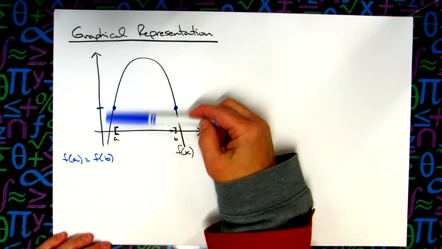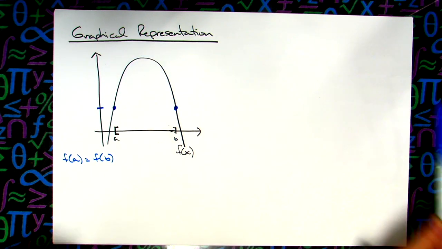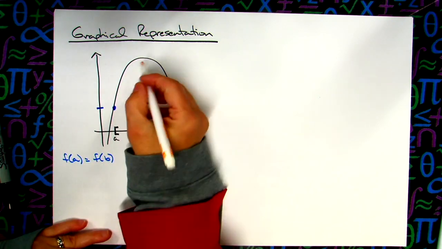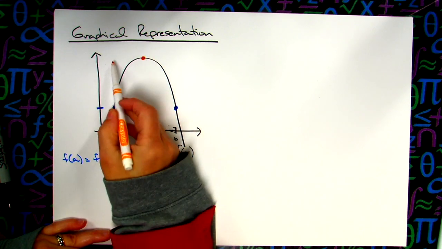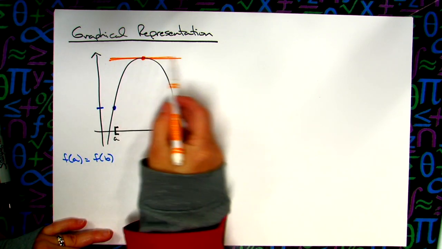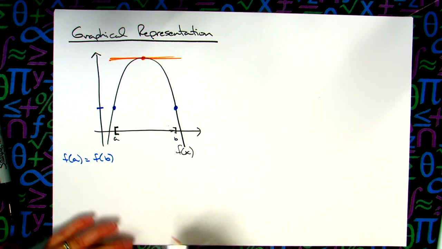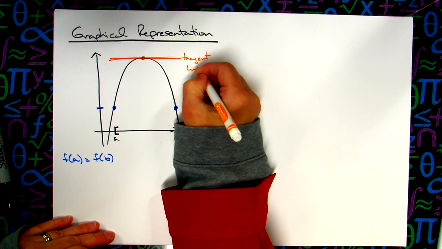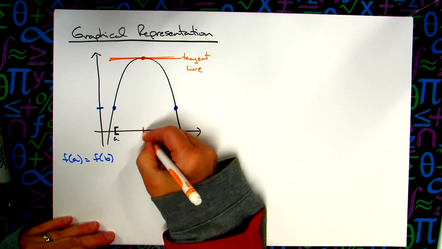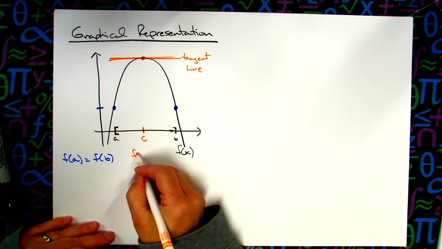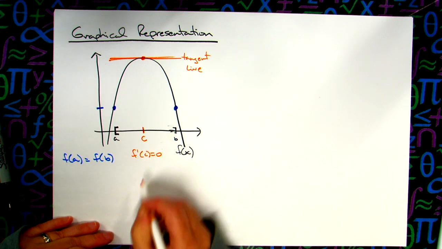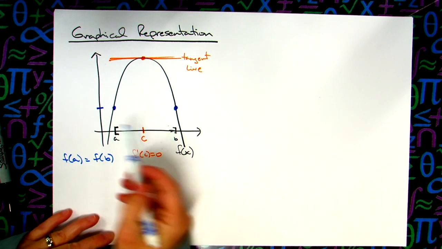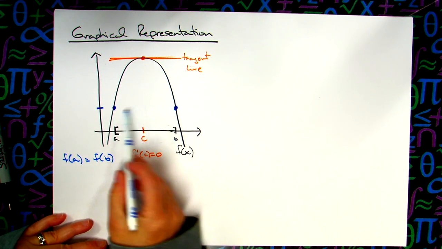If I start drawing my tangent lines, right in here, let's do it with a different color, that tangent line would be a horizontal tangent line. So this is my tangent line. And that means at this value right here of c, f prime of c equals 0, because I've got a horizontal tangent. Now the other thing we're going to do, through these two points, f of a and f of b,